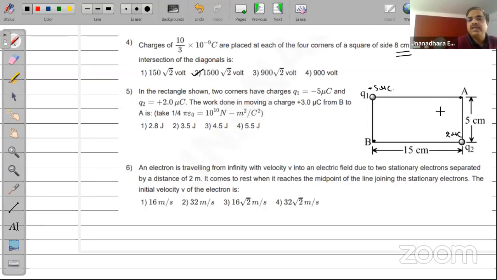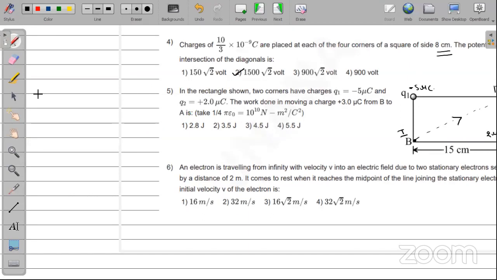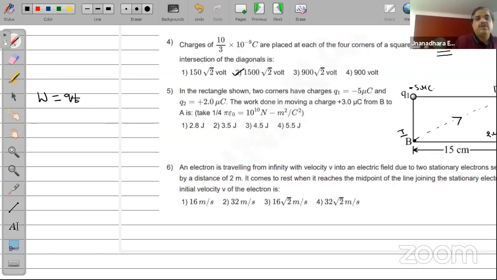So from B to A, I need to actually move this. What are the distances here? This is 15 centimeter, this is 5 centimeter. Whenever it is moved from the point B to A, take this as the initial point and this as the final point. Then you will have less confusion with the signs. Work done is always Q naught into